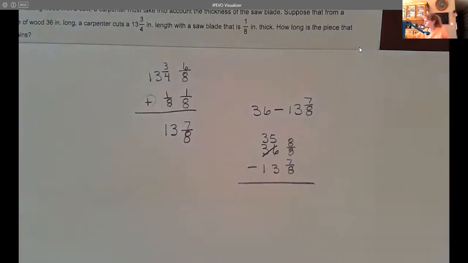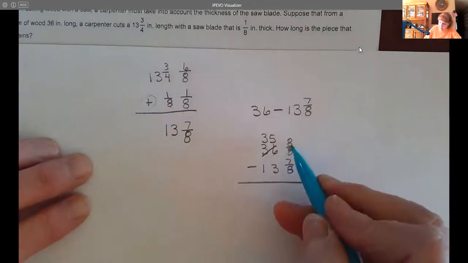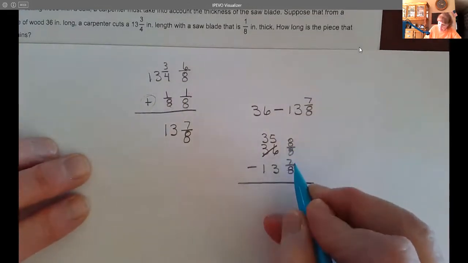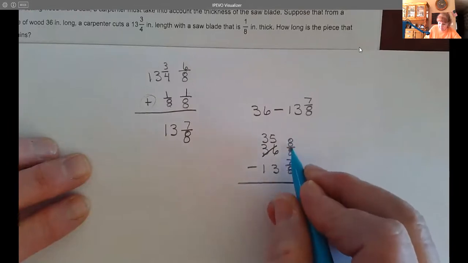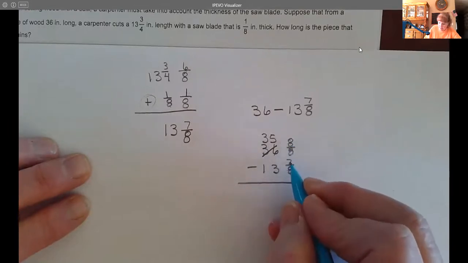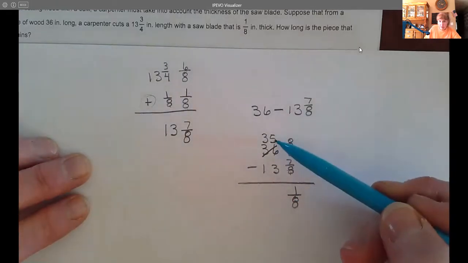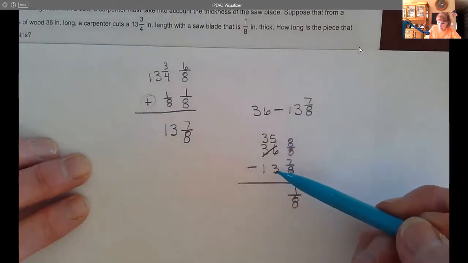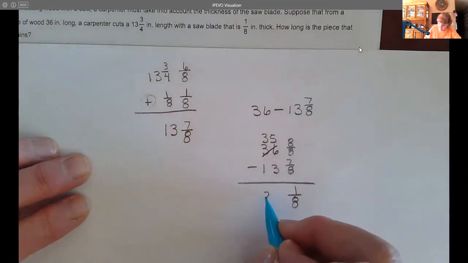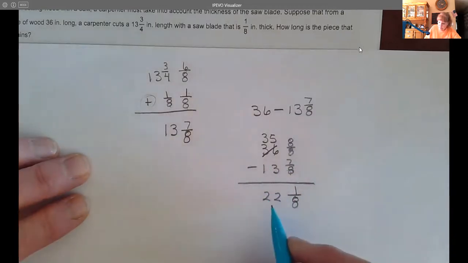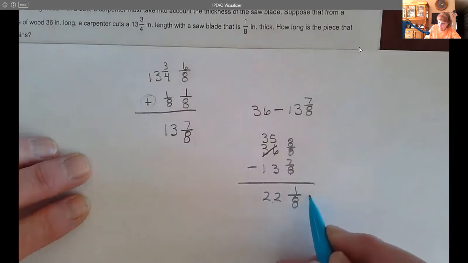Okay, so here, let's see, which one is it? This one's 32. Okay, when I subtract these, because they have a common denominator, 8 minus 7 is 1. We borrowed, so now we have 35 minus 13. So 22 1/8 inch